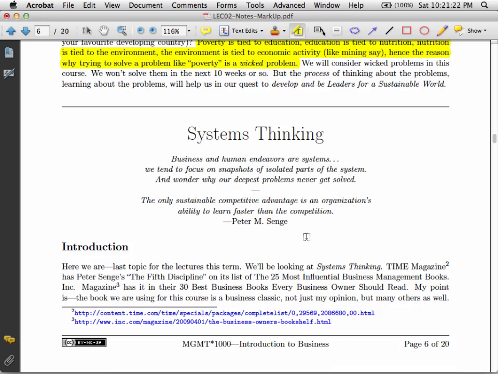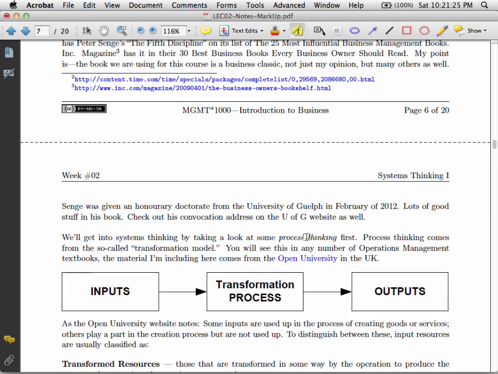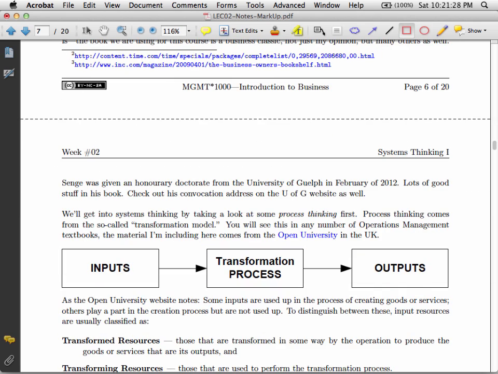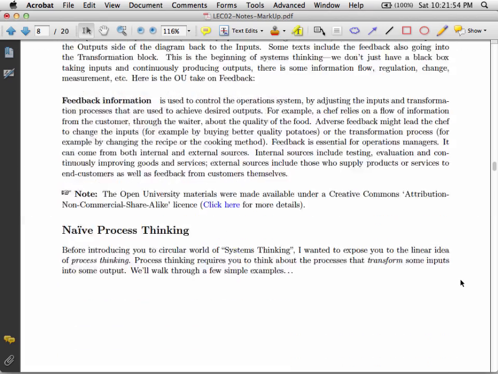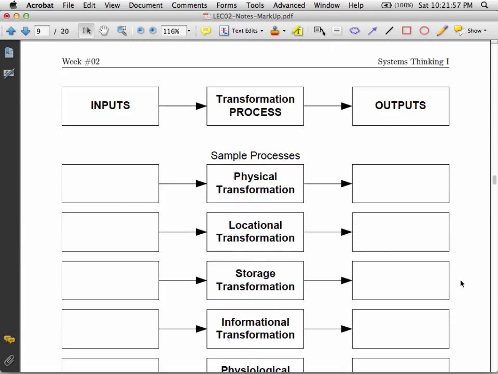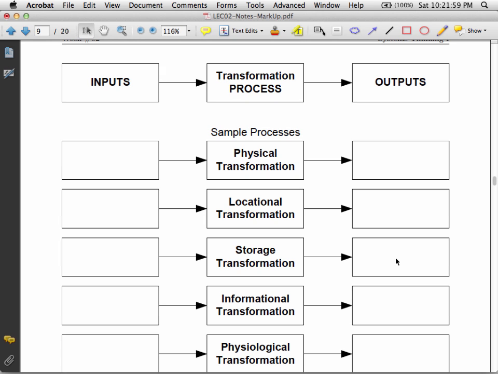So one of the things that can help us deal with wicked problems is systems thinking. And before we get into systems thinking, let's contrast this with process thinking. So process thinking is fairly straightforward. You have inputs, you have some sort of transformation process on those inputs. Some of the inputs may in fact be consumed in this transformation, and then finally that leads to some outputs. And I gave a little example of going out to Alberta on a trip for my brother's wedding and some of the things that happen along the way. So we talked about that story, and here are some examples of process thinking.